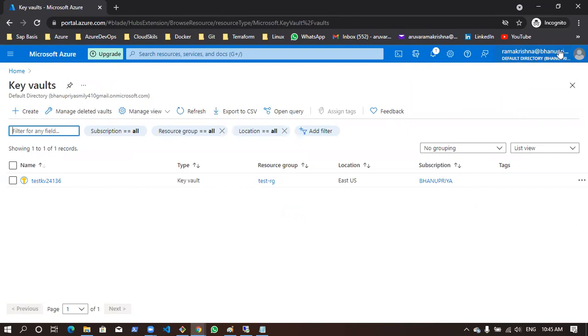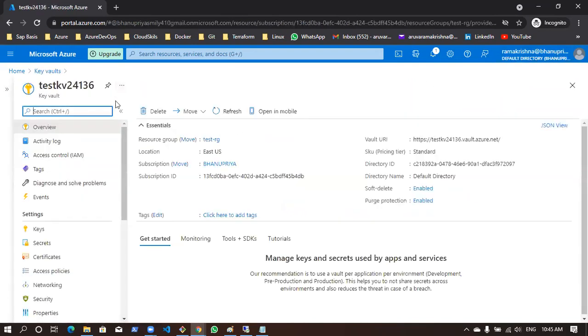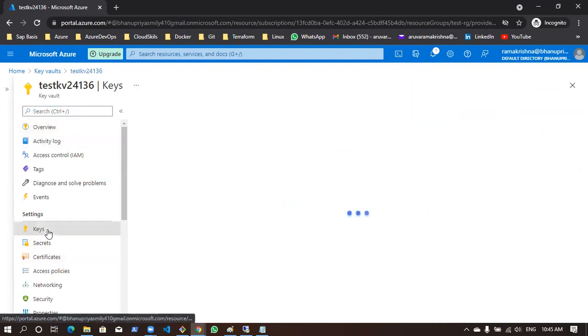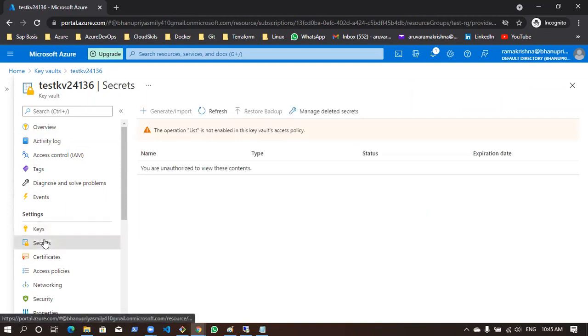okay, I log in with a different account. So I could see the key vault, but when I go to these keys, okay, you're not authorized to view this content. And similarly, when I go to the secrets, I will get the same thing, because by default, when you